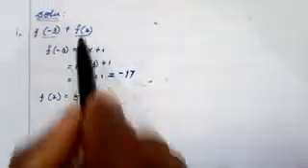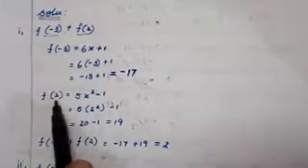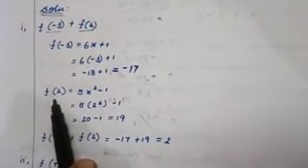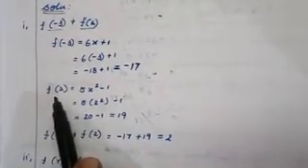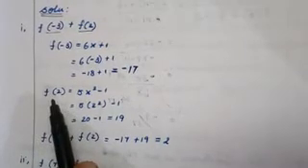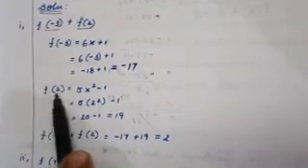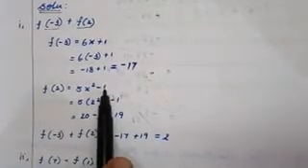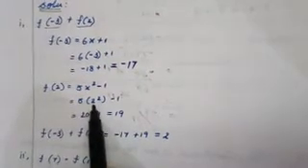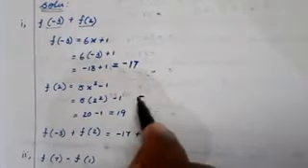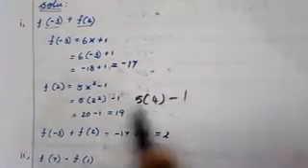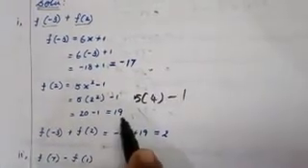The first one we have completed, f of minus 3. Now f of 2. For the x value 2, you have to consider which category it lies in, first or second. It lies in the second category, 5x square minus 1. So f of 2 equals 5x square minus 1, which is 5 into 2 square minus 1. 2 square is 4. 5 into 4 minus 1. 5 fours are 20, minus 1 is 19.